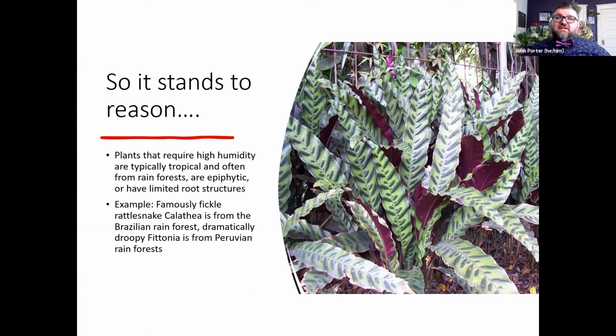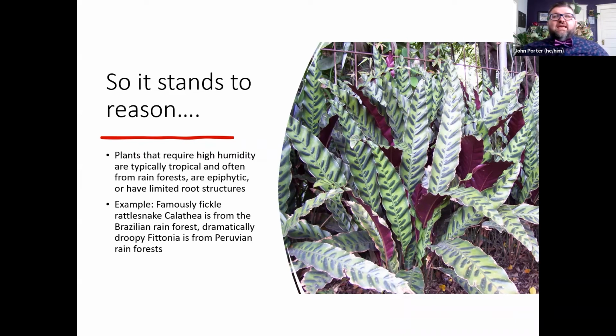They typically don't have much. They just hang out there and soak up humidity or whatever. And so the plants that typically are from those really rainforesty areas that are very tropical, those are the ones that need really high humidity, and the ones that have limited root structures, they typically need higher humidity.